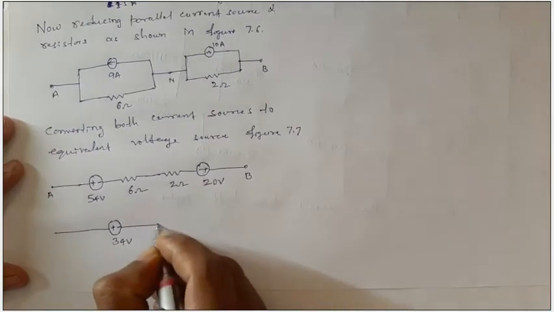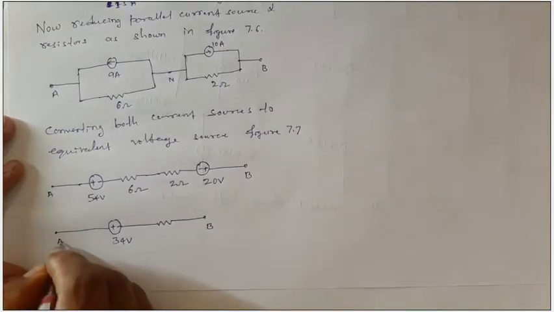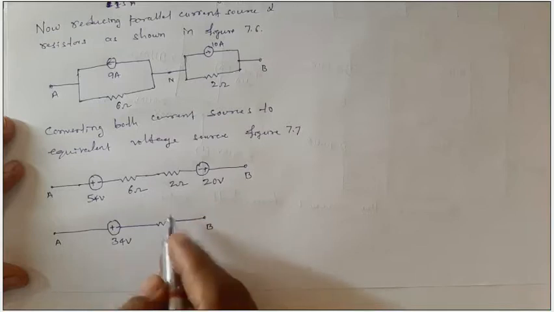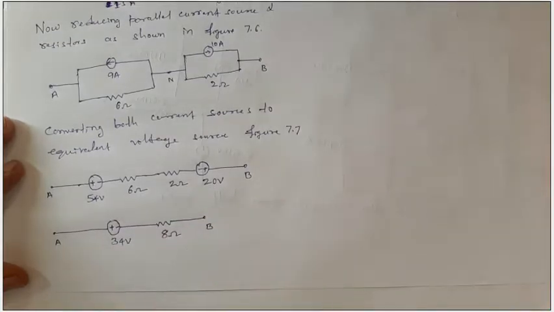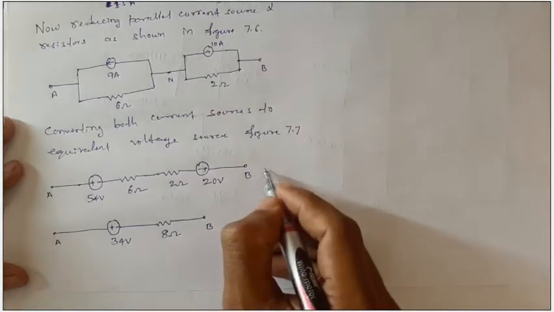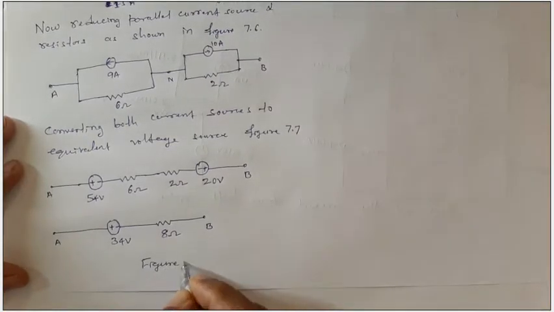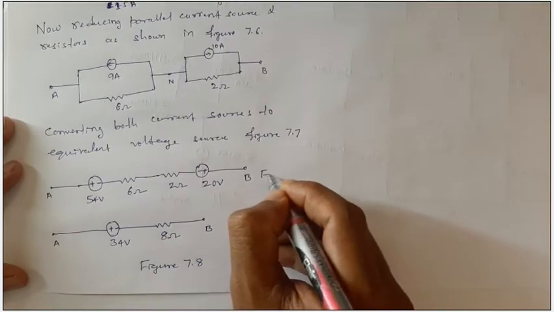And here, this is B and this is A. This one is 8 ohm, 6 plus 2 is 8 ohm. This is the final network. You can consider this as, say, figure 7.8, and this one is figure